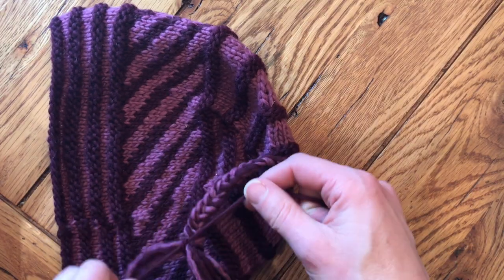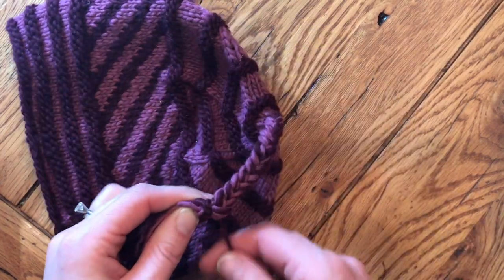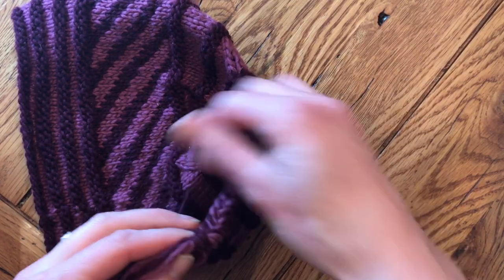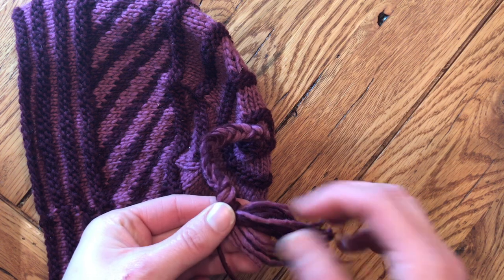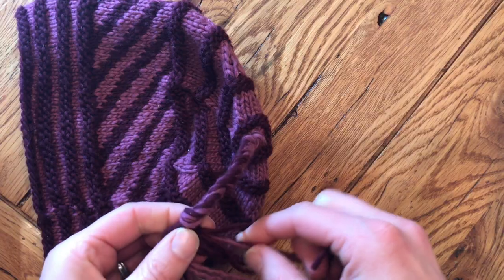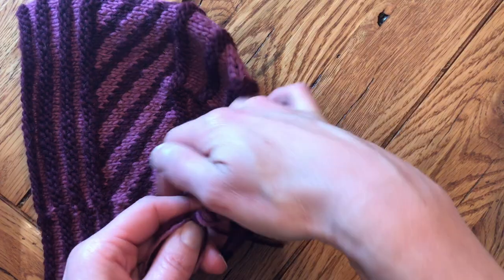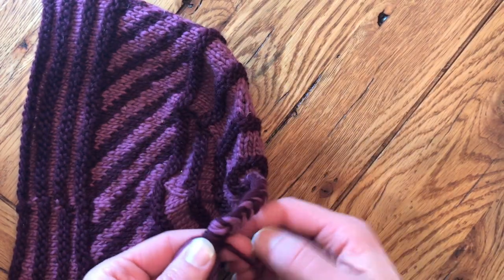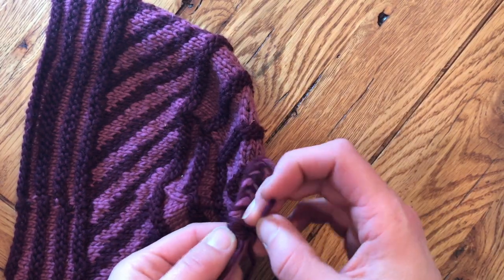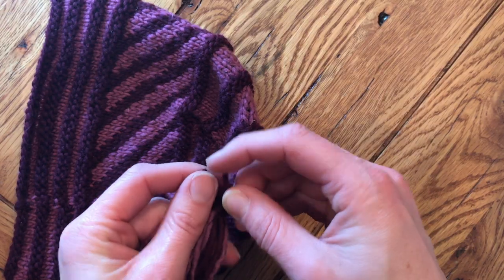And then what I'm going to do is wrap this yarn around the bottom. So it makes that nice little edge there. And I'll pull out the other side and do the same thing. Now this one, I'm going to wrap in the opposite direction simply because that'll give me something to tie it off with at the end. And it's just a couple of wraps here. Now I will tie these together